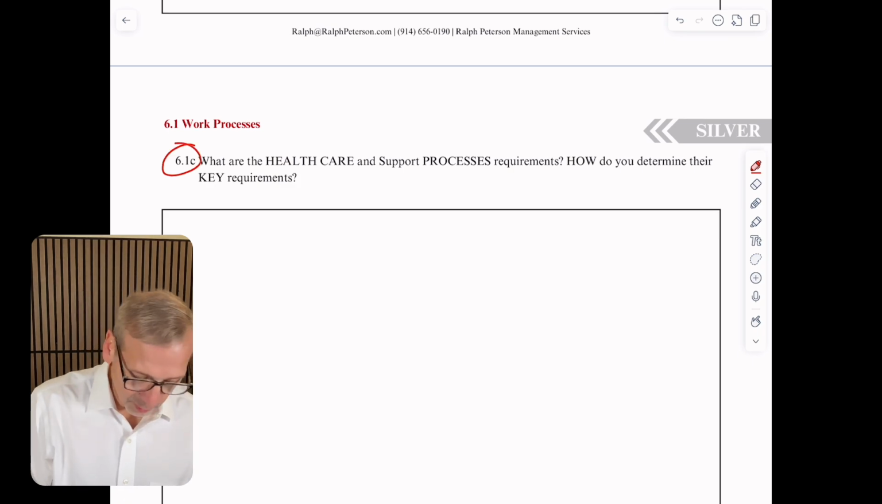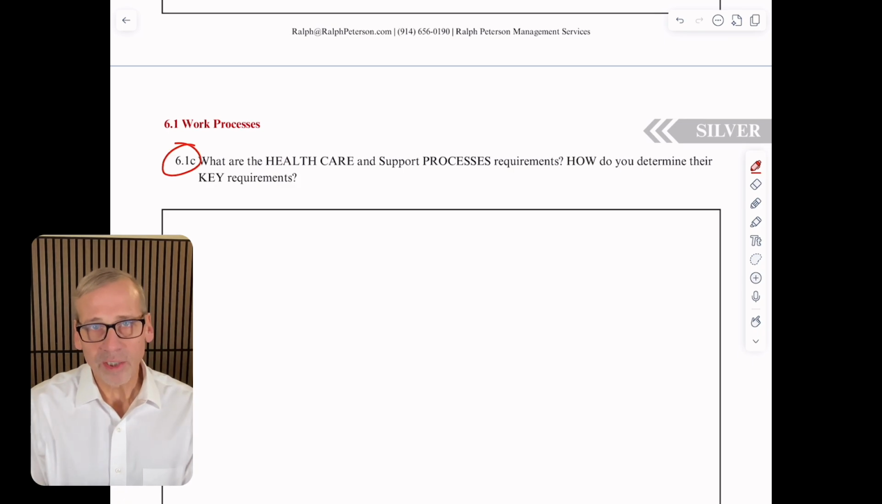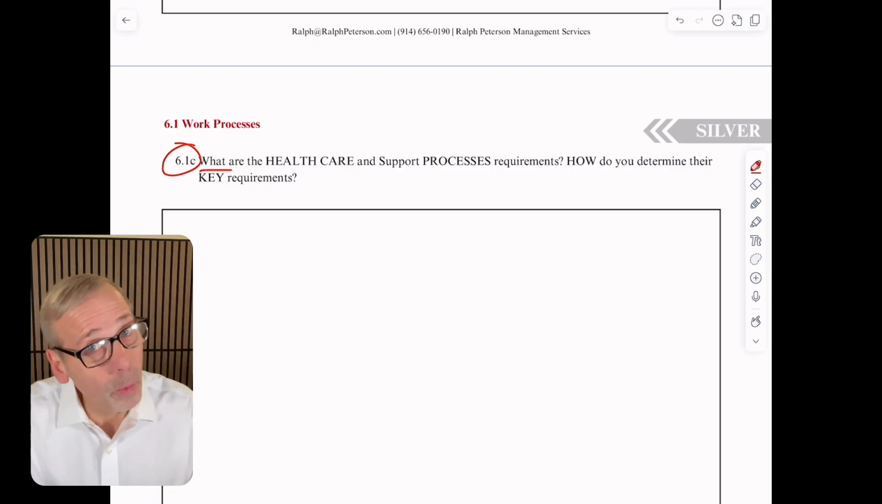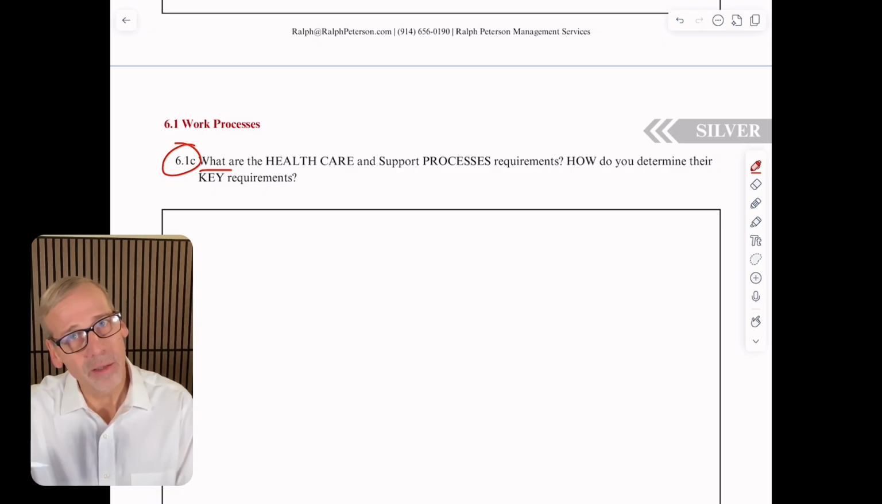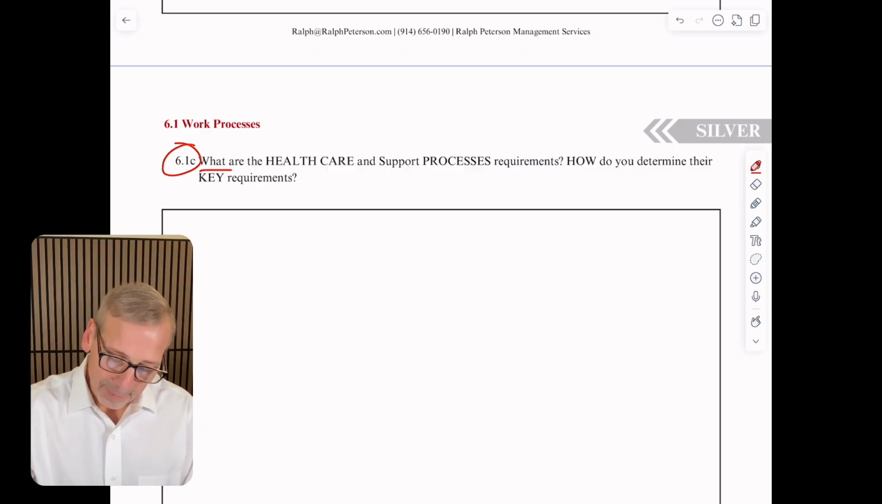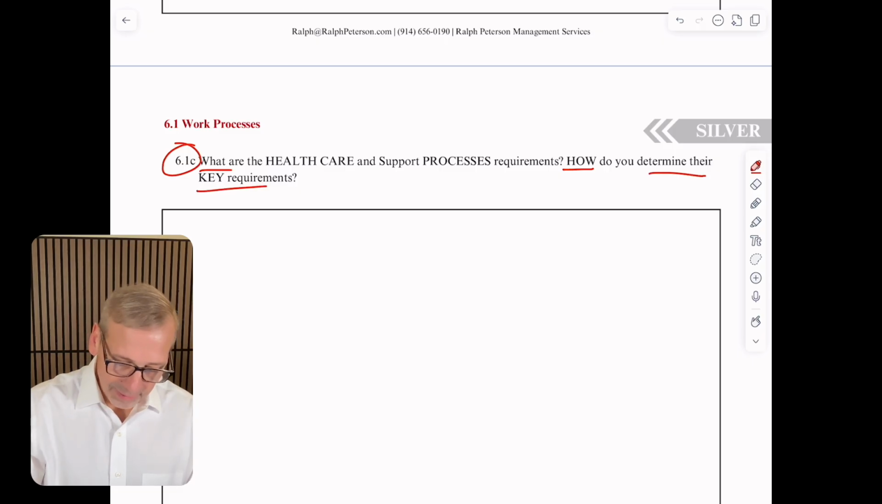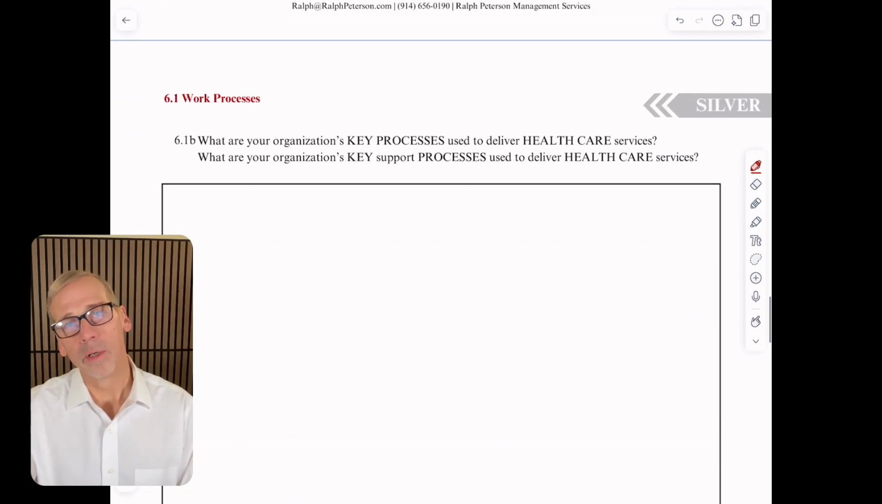6.1c. There's two questions in 6.1c. First one is a what question. That's not a how, it's not a who, it's a what question. You're usually looking for a list here. Good, okay. But then look at this, they have another how question. How do you determine key requirements? Well, hold on,